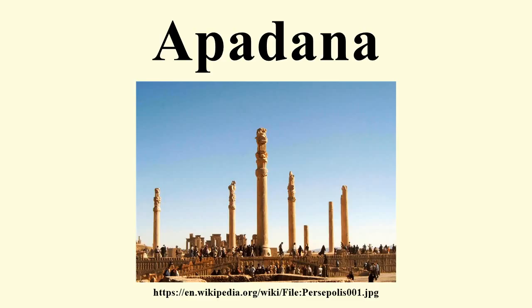The term Apadana is used to designate a hypostyle hall, i.e., a palace or audience hall of stone construction with columns. The word is rendered in Elamite as ha-ha-da and in Babylonian as ap-ha-da, and is etymologically ambiguous. It has been compared to the Sanskrit Apadana, which means to arrive at, and also to the Sanskrit apadha, which means a hideout or concealment, and the Greek apoteka, storehouse.